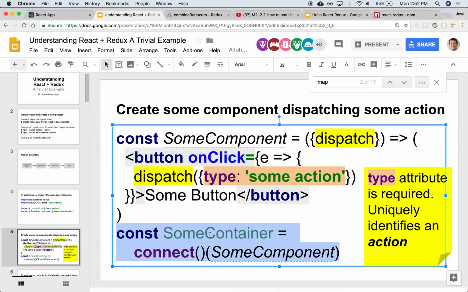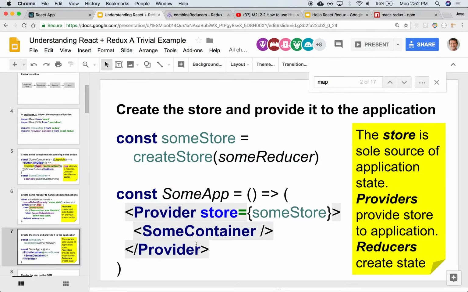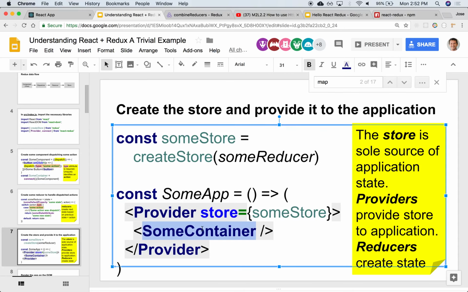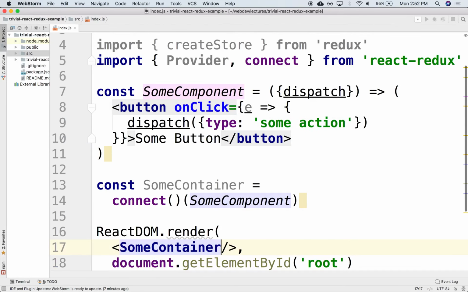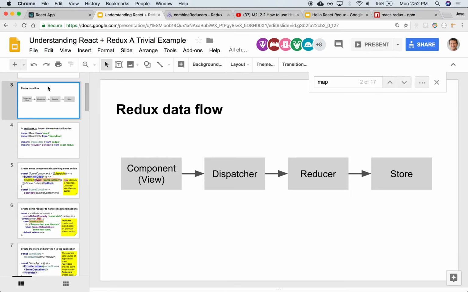Right, and then just render that container. We can render that container. So what's going to happen here is that this is going to generate the dispatch. It's going to generate this here. It's the component view. When I click, the dispatch is going to generate the